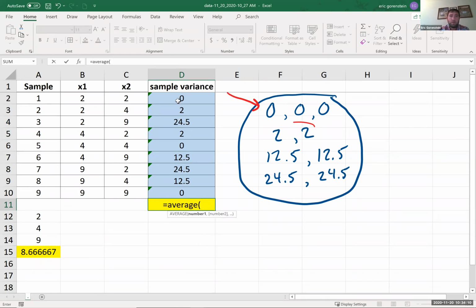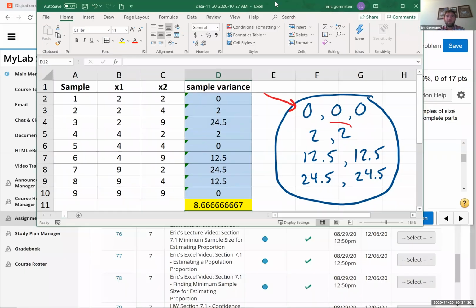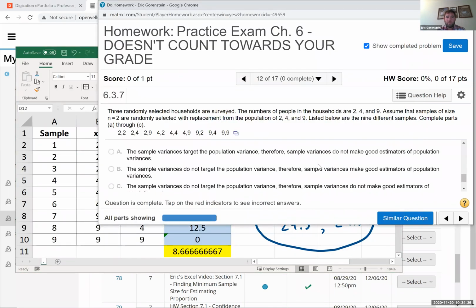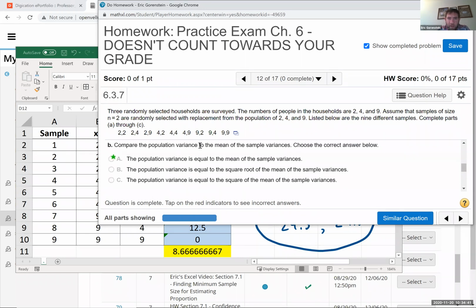Average. Yeah. So our population variance is equal to the average of all the sample variances. I think that was part B in the problem. Yeah, compare the population variance to the mean of the sample variances. Yeah, the population variance is equal to the mean. And also,